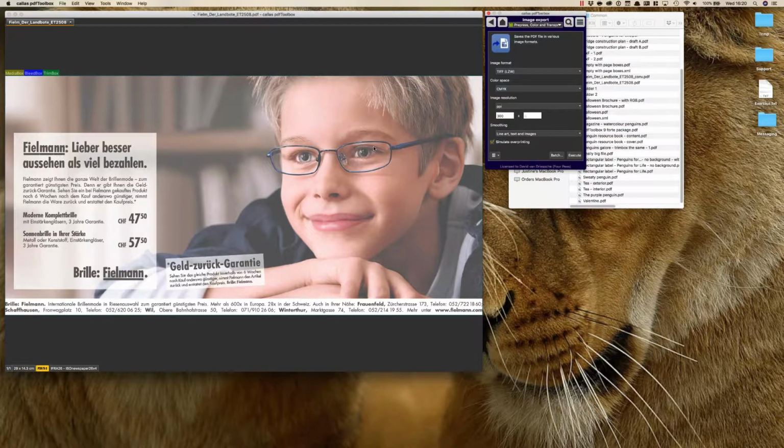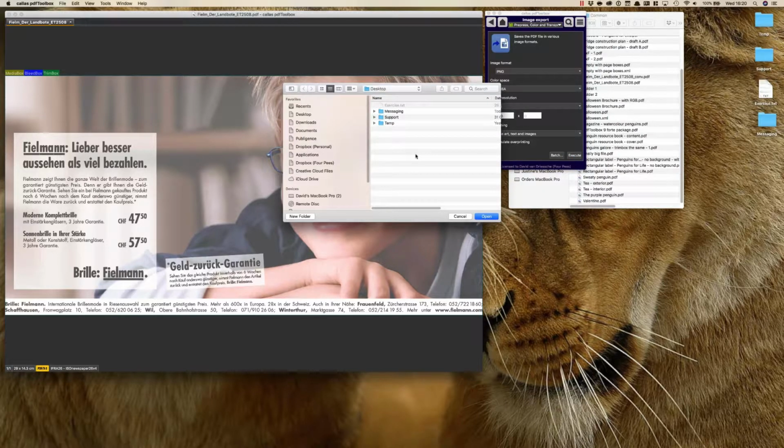I can look at the file that I have here and export a TIFF. This could be a higher resolution TIFF. There really isn't any limit here, so I could go to 1200 dpi or whatever I want. Or I could do the opposite and say, no, I want a PNG file with transparency, and maybe it is as a preview, and I select 150 as a resolution. When I run that and I save it on my desktop, let me see,